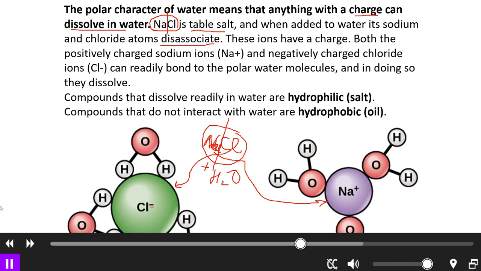And remember water, this is one water molecule, yes? And remember, water is a polar molecule, so oxygen has a negative charge, but both hydrogen atoms in the water have a positive charge. So this is why they will be attached to the negatively charged chloride, and the other water molecules do